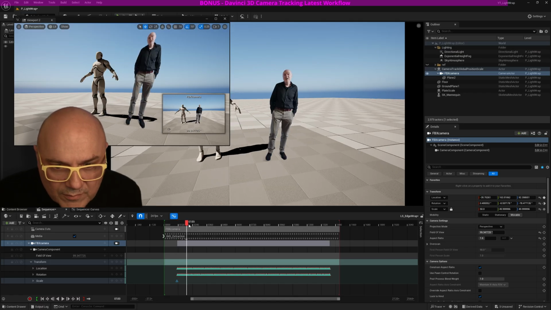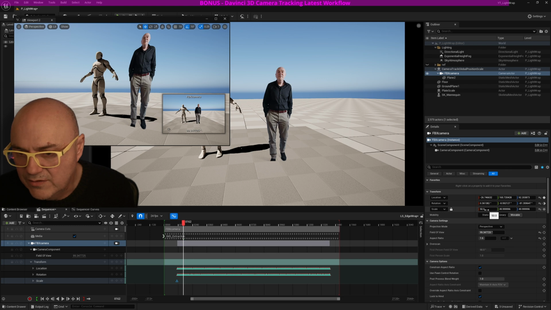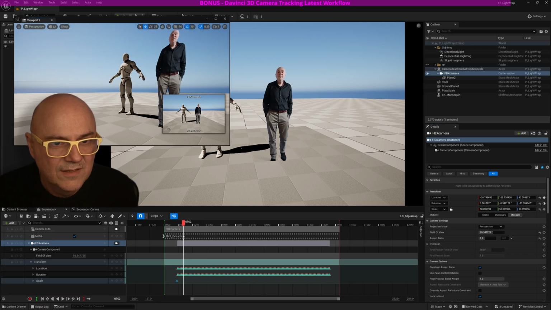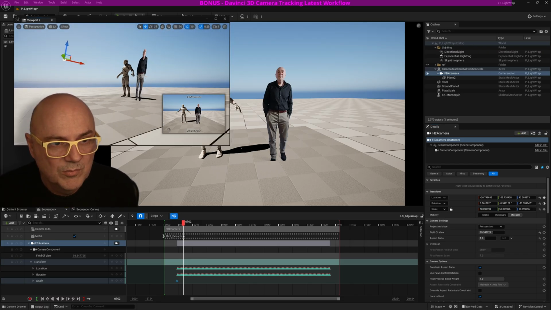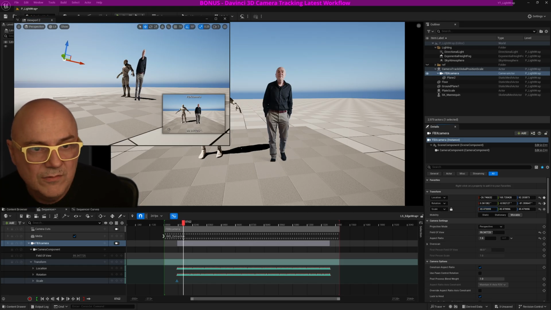Let's go and find where he intersects. So he's intersecting right here. So what I can do is just take my scale and then scale it. And you can see in the side window here that he's actually getting closer to the camera. So let's just pull that like that. So I've got the camera selected and I'm changing the scale. So as he's getting closer to the camera,